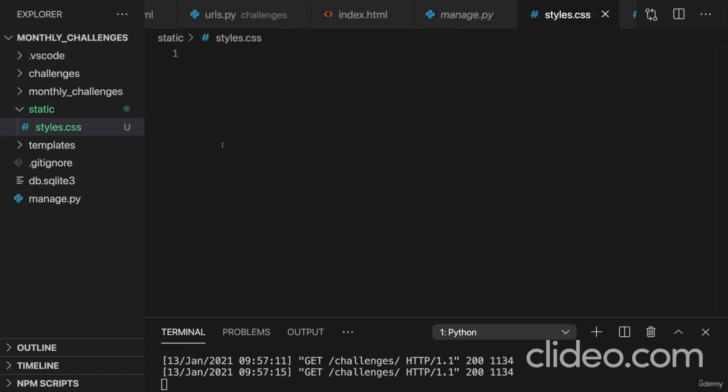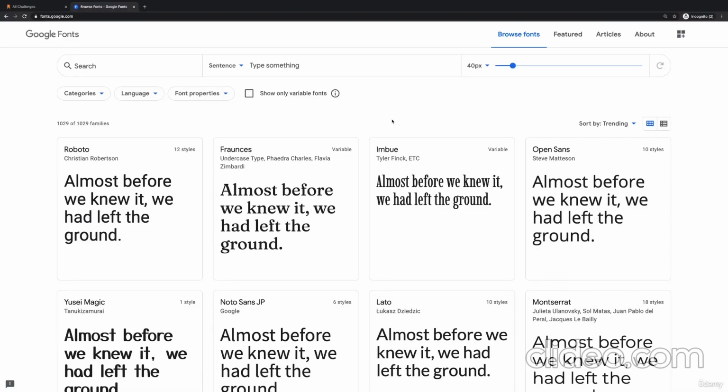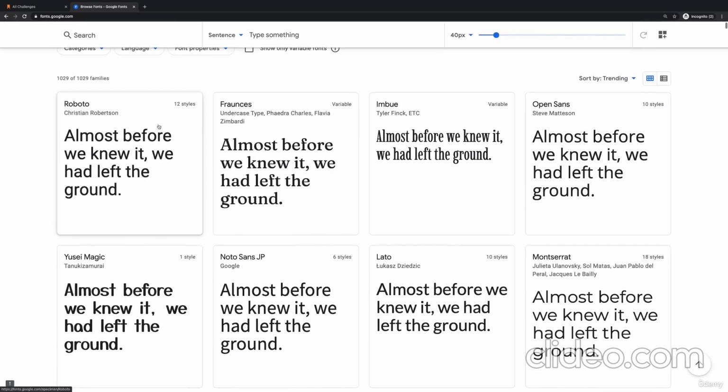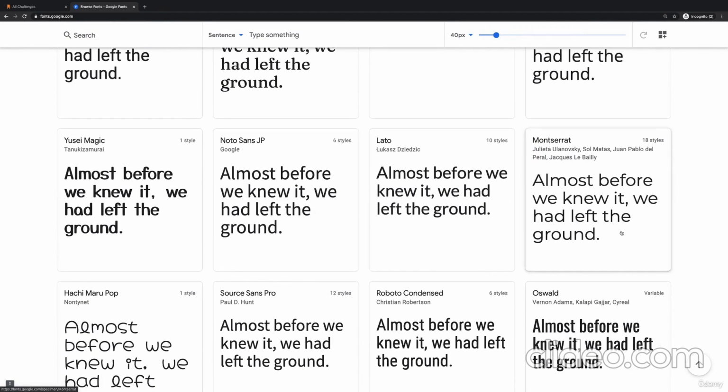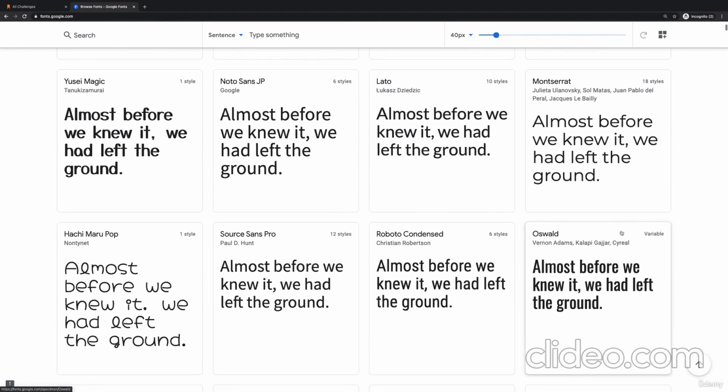And here we could set up project-wide CSS styles, or at least that would be a file that can be used easily from anywhere in the entire project. So from inside any template in the entire project, no matter in which app that template resides, or if it's a global template. Here, for example, I want to pick a specific font. And for that, I'm on fonts.google.com, where you can get some free fonts. And you can choose any font you like, any look you like. I think I will go with